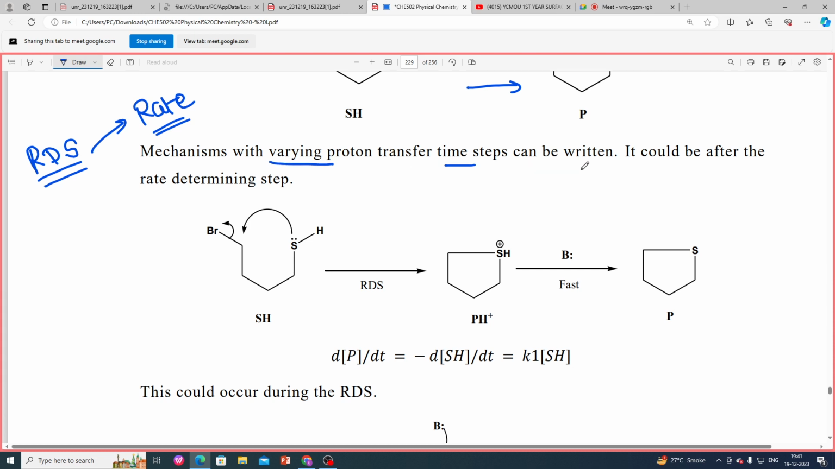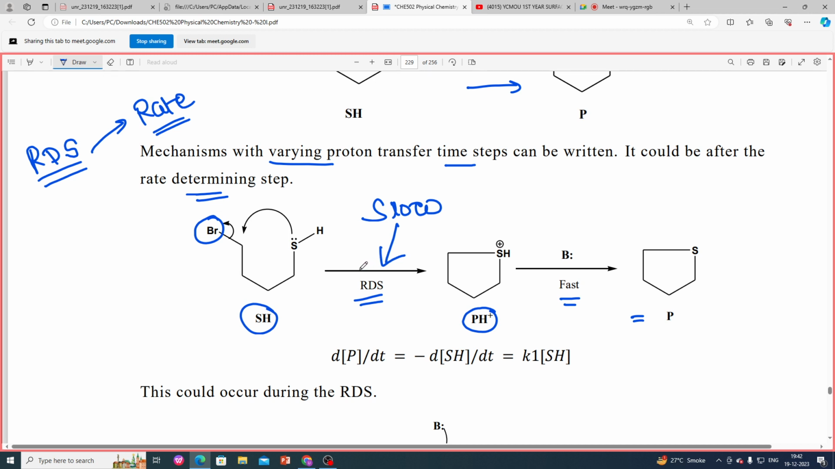time steps can be written. It should alter the rate determining step. Okay, so here SH, SH and BR, these are the given groups. Okay, so here rate determining step and we transfer this H plus proton transfer हो गया है and then we get the product. Then here is the fast reaction and then we get this another product. Okay, so यहाँ पे जो भी rate determining step है, जो कि slow step है,